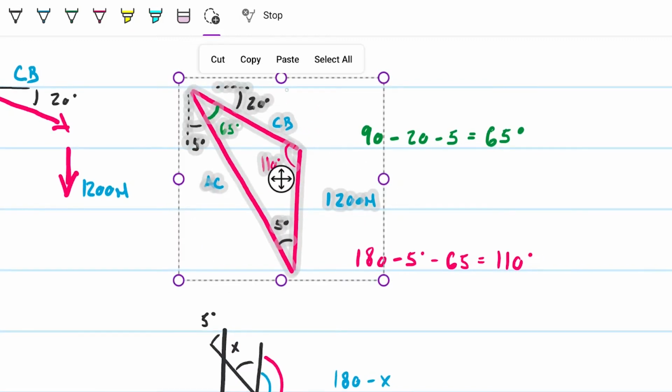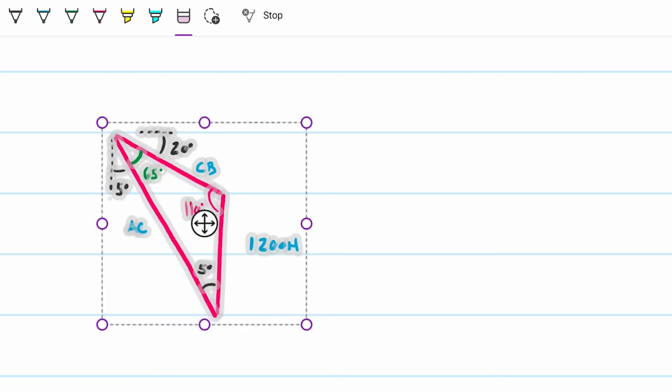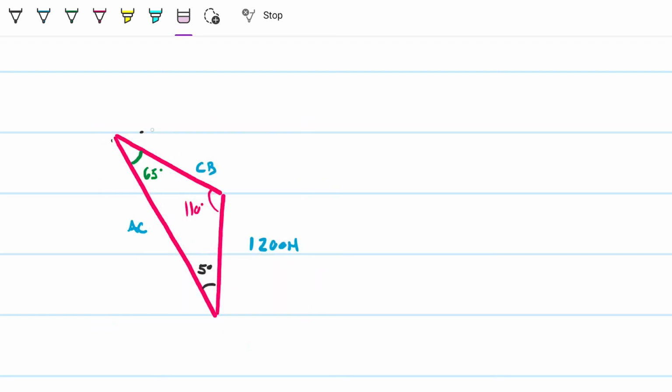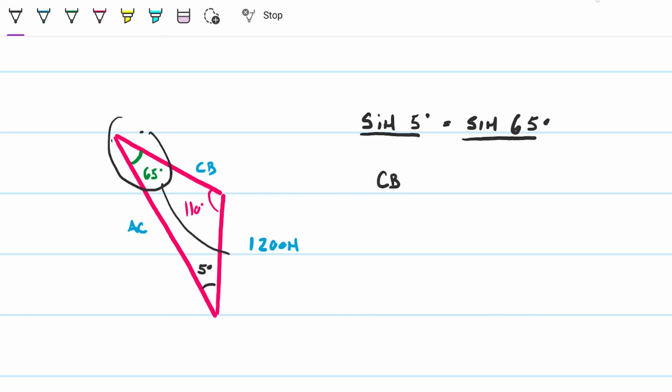We go ahead and put it more cleanly here in the corner. We don't need this anymore. We don't need this anymore. Boom. Okay, so now we have a forced triangle, and law of sines saves the day, right? The law of sines is going to say that the sine of the 5 divided by the magnitude across the 5, which is CB, will be equal to the sine of, pick your choice, 65, divided by the magnitude of the opposite of the 65, which is the 1200